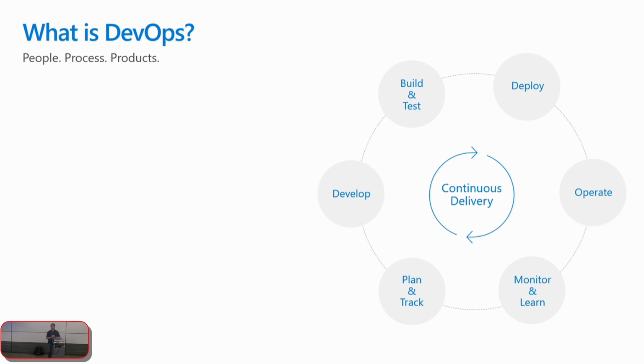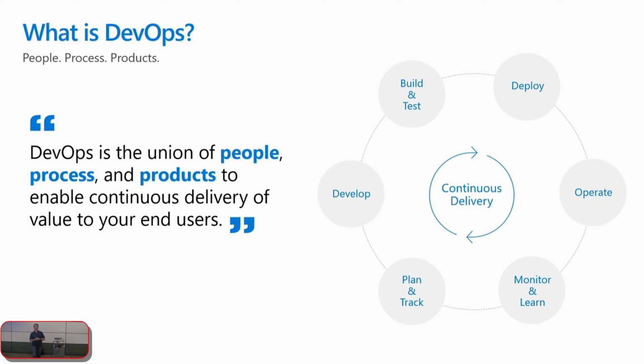So when it comes to DevOps, what is DevOps? To use a particular phrase that Microsoft tends to use: if you're familiar with Donovan Brown, he's kind of their face man, if you will, for all things DevOps when it comes to Microsoft technologies. Donovan likes to say, DevOps is the union of people, process, and products to enable continuous delivery of value to your end users. The key there is getting that value to your end users, because in the end, if your users aren't getting whatever it is they're asking for, then what's the point? This is the working definition that we'll be going off of when it comes to DevOps.